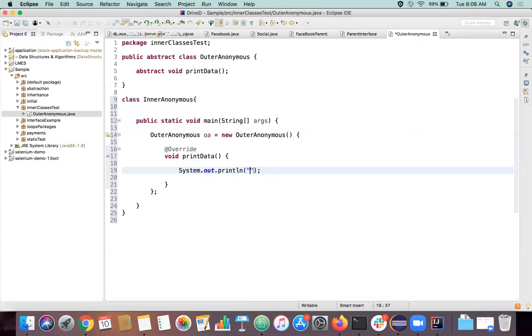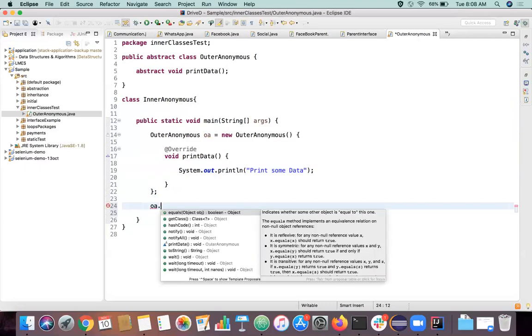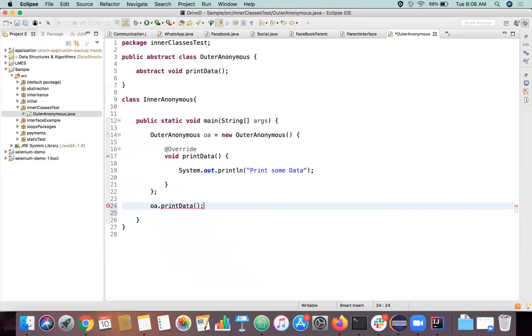Let's say I'll print data. Once this is over, I'll just print this data, right? Let's try to run this.